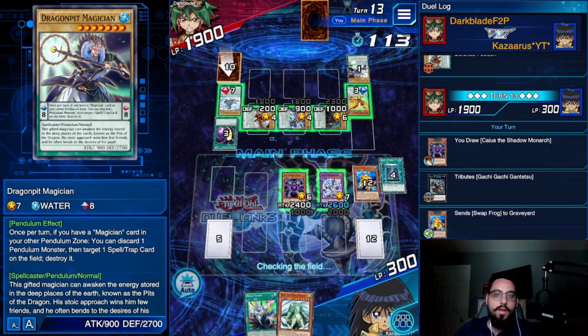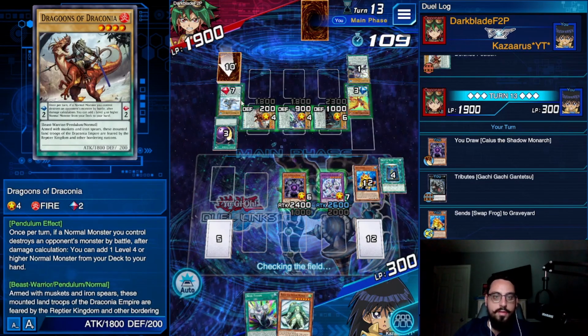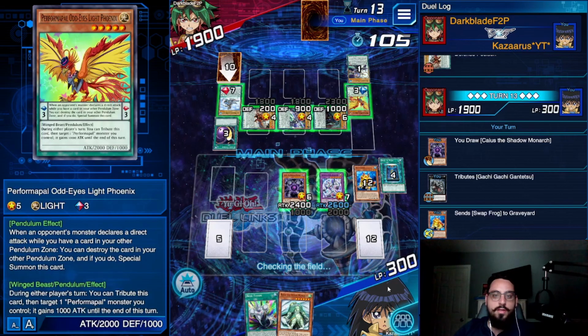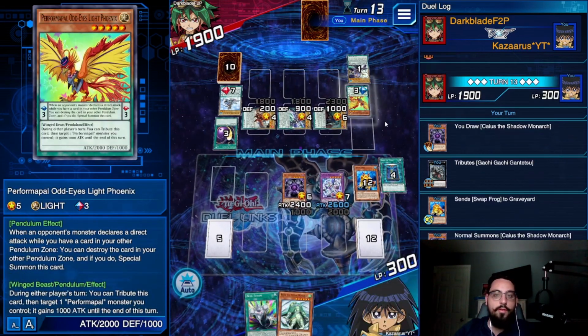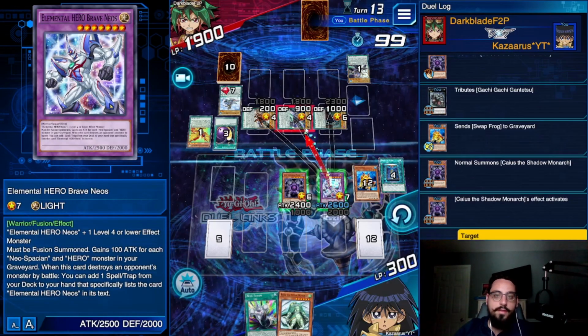So he has high scale here, low scale, low scale, low scale, high scale. So it seems he has more low scales in rotation than high scales. So he has a lower chance of drawing a low scale. Therefore, I want to get rid of the low scale. And I'm just going to enter battle phase. I'm going to attack